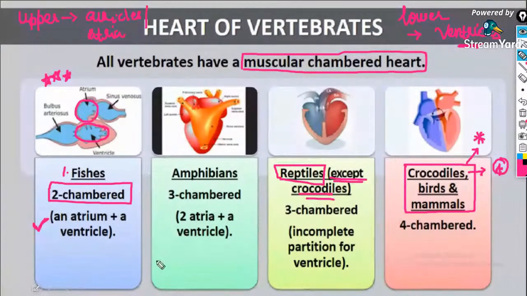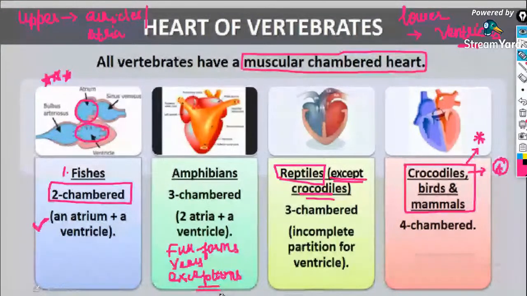In biology, abbreviations and full forms are very important: ICBN, ICZN, SA node, all these things. Then certain environmental years are very important. Then exceptions are of high importance in biology, especially chemistry also. From the periodic table and all, exceptions are very important. I hope the next test is about the periodic table, right?